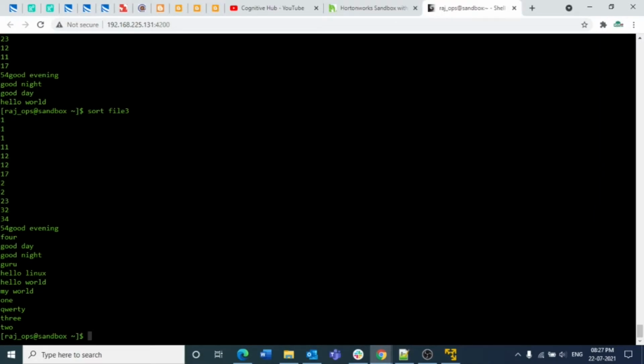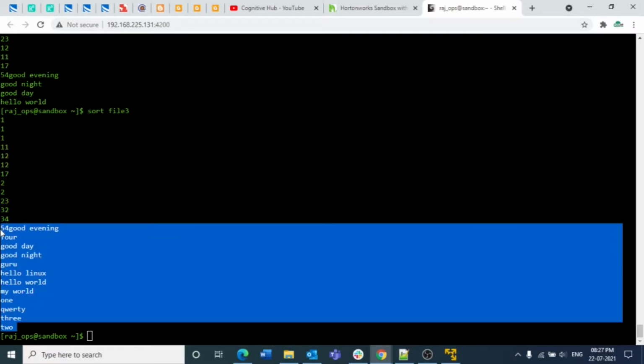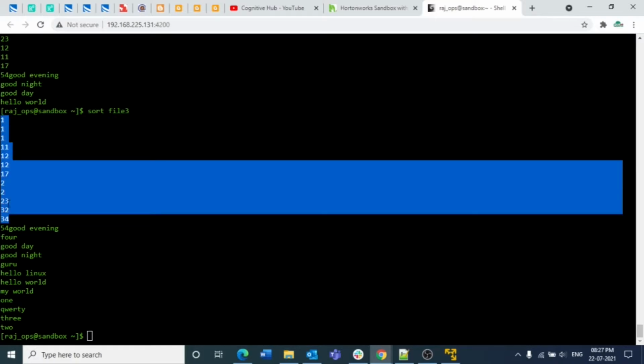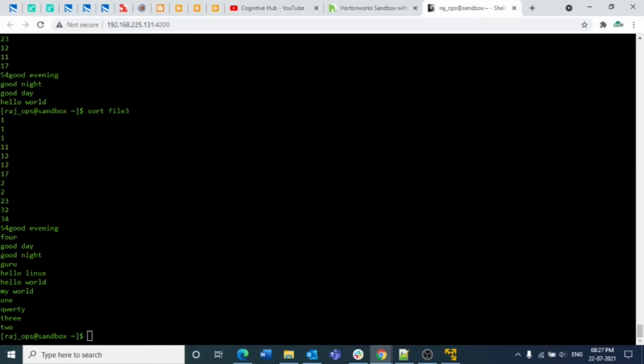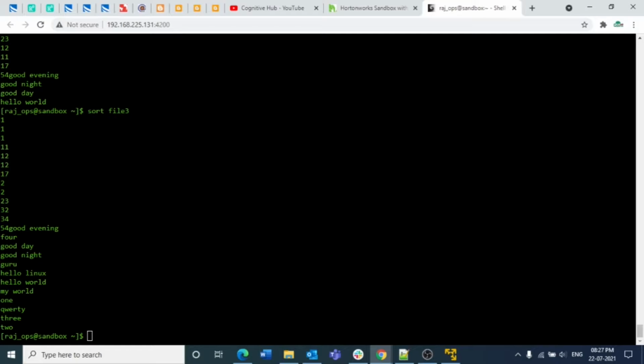But if you observe here, we got the numericals in the first place and all the alphabets at the last place, and we are getting the numericals in sorted order as well as the alphabets in sorted order. The main logic behind this is that it sorts based upon the ASCII values of these characters. As we all know, numericals have ASCII values less than the alphabets, so that is the reason why it is coming in this order.